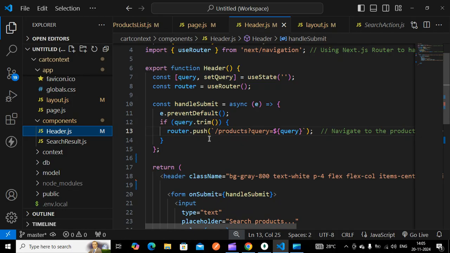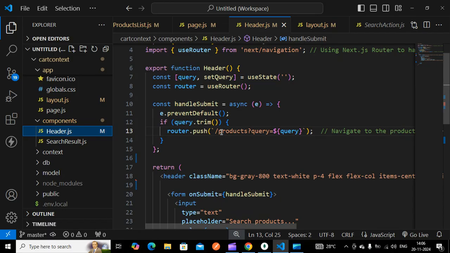After that, I'm using a router to push to some other path. So we have to import useRouter from next/navigation. Here I use the router.push method.